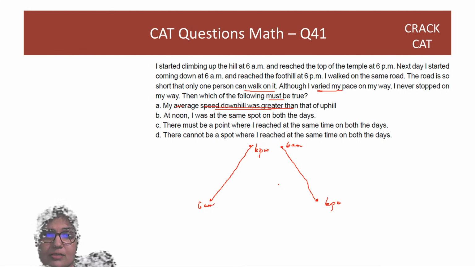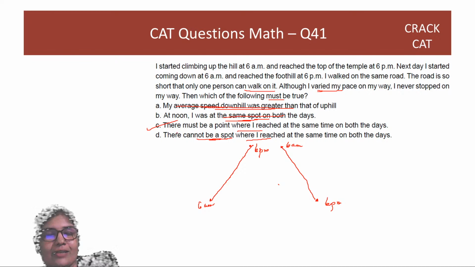This is false. At noon, you were at the same spot. You can't say, right? Because you're varying your speed. तो अगर आपने शुरू में when you are climbing up, maybe you were slow, then you became fast, and now you are reverse. So ये तो नहीं होगा. There must be a point. There cannot be a point. Now, cannot be a spot may fill. What is the point of the question? So if you just check this, C should seem likely.